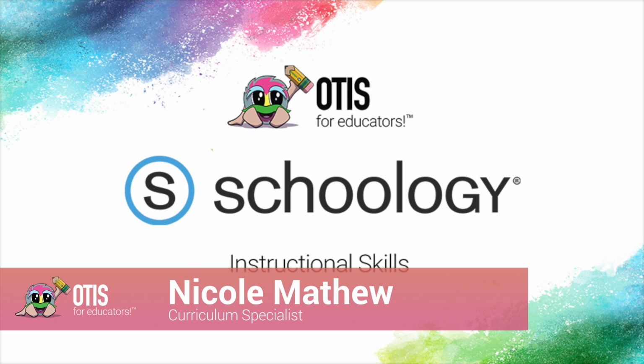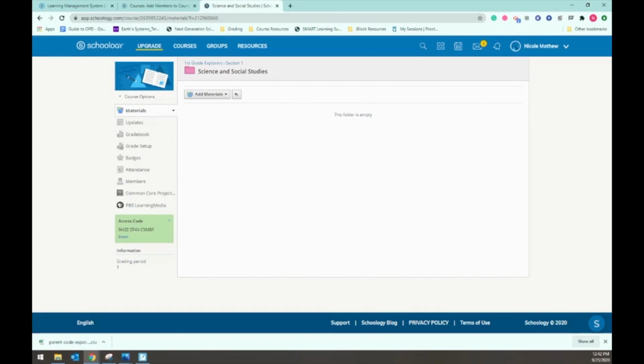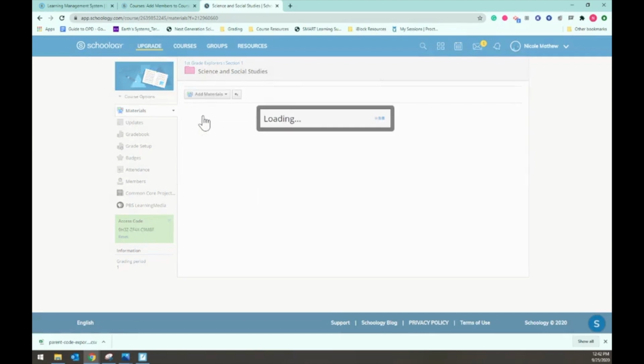I'm Nicole Matthew, and today we're going to be talking about how you can post an assignment from Google Drive. So here I am in my first grade Explorers class, and I am in the Science and Social Studies folder that I've already pre-set up. To add an assignment, I'm just going to click Add Materials, Add Assignment,